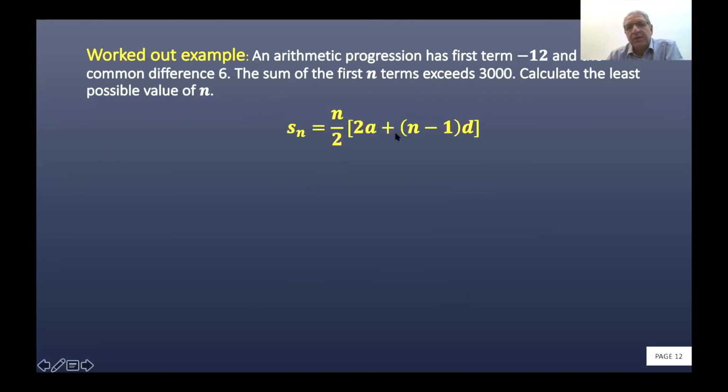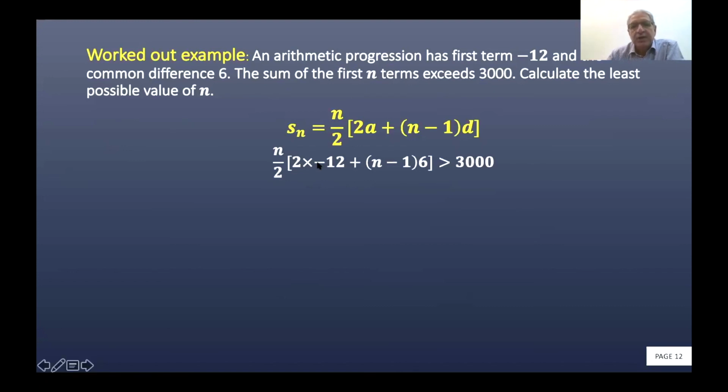Therefore, the Sn formula is this. N is unknown. We want to see how many terms. Therefore, a is minus 12 and d is 6. So this should be more than 3000. Therefore, you just substitute, and this is the equation you are having. This should be more than 3000. Now, it's a matter of simplification and